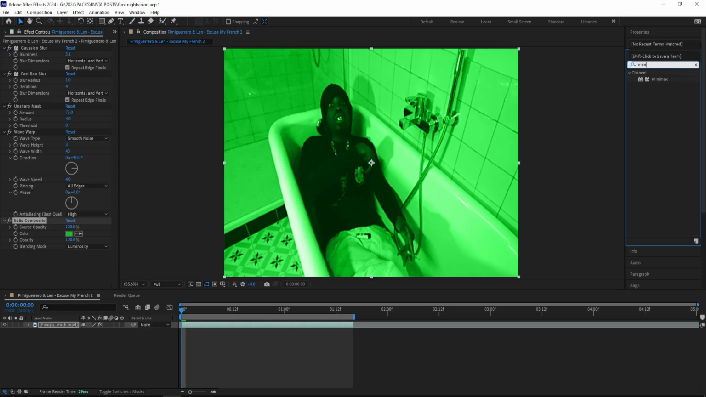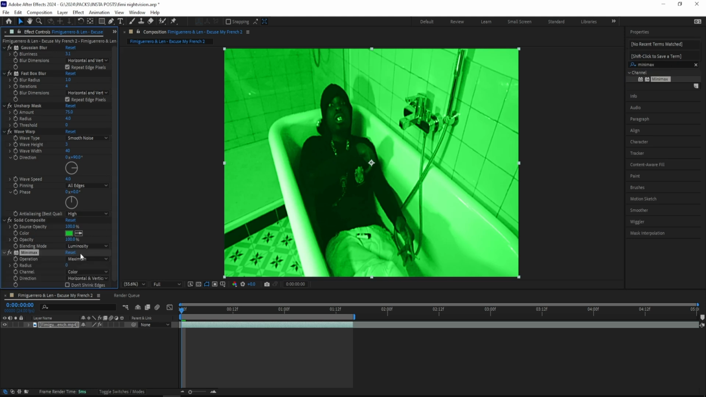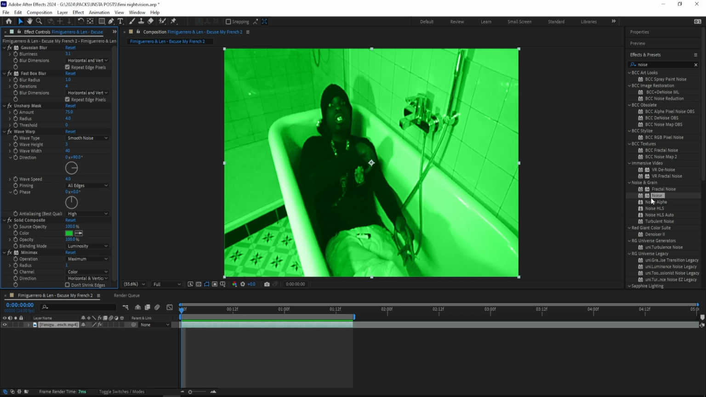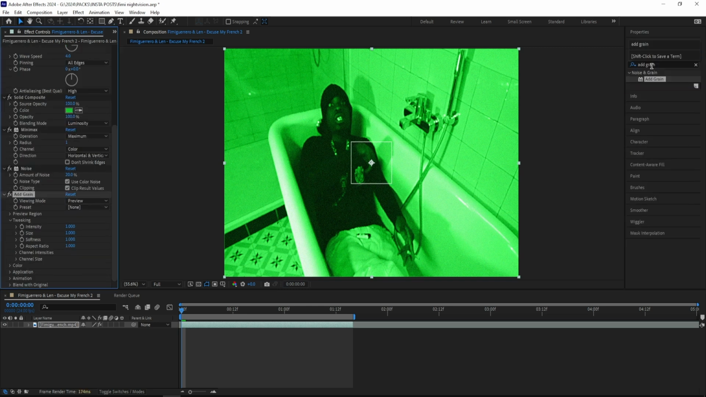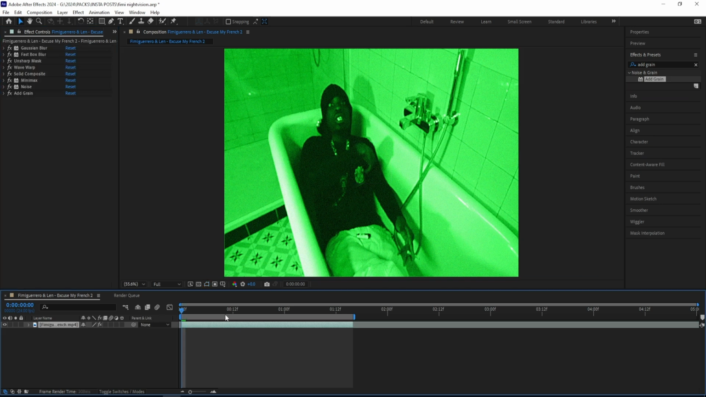Next, I'm going to add on a minimax effect and change the radius to 1. And then let's add on some noise onto my scene. And I'm going to keep this at 20%. And after the noise, I'm going to add on some grain, and I'm going to change the viewing mode to final output and the intensity to 0.2. So right now I have something that looks like this,